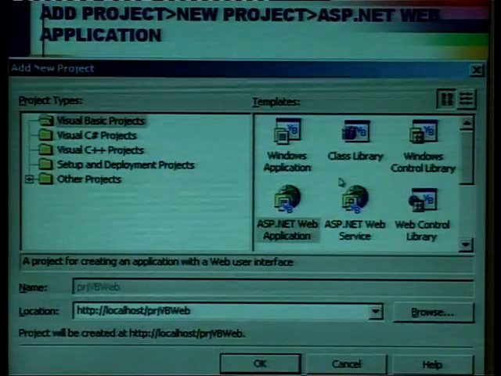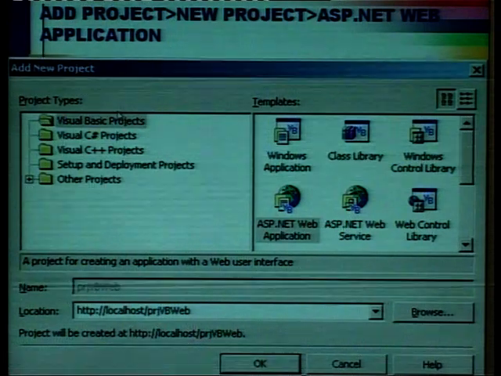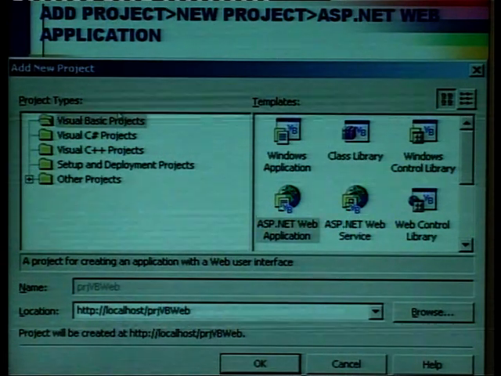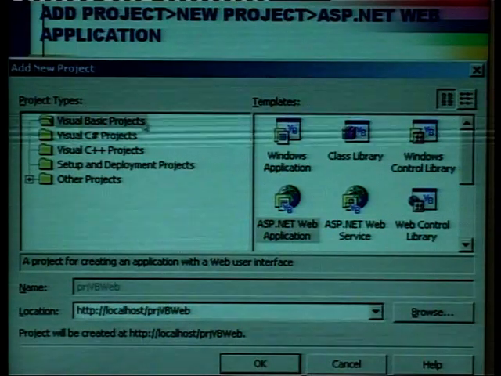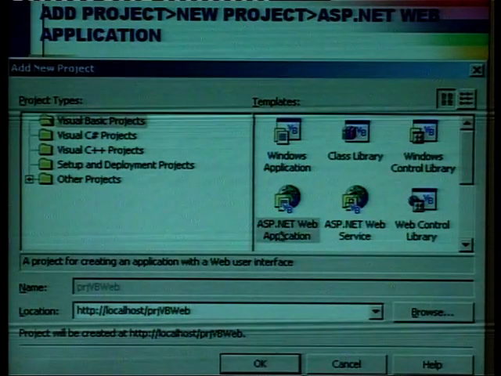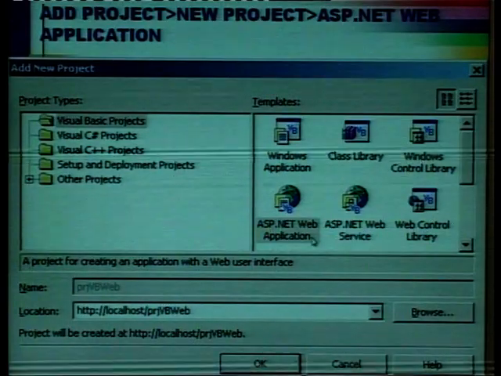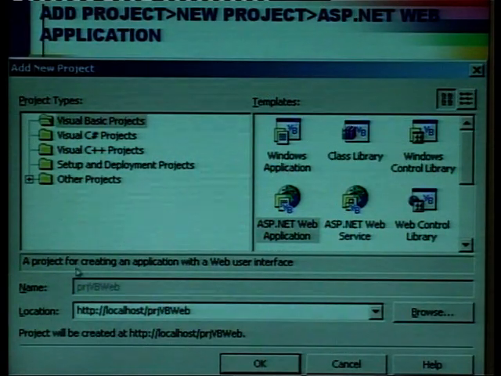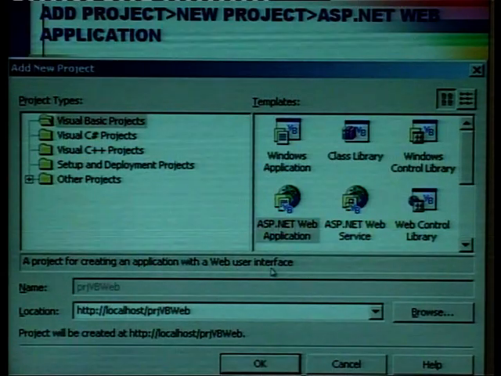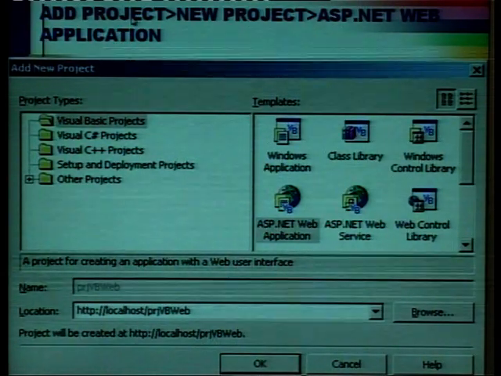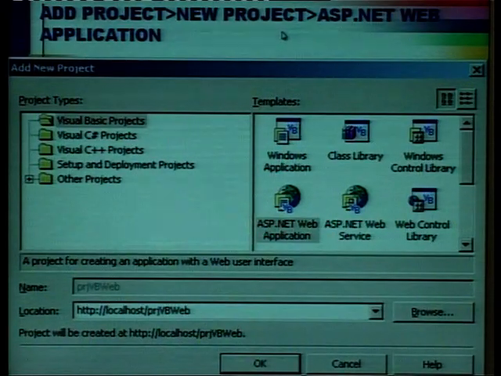Next is the adding of a project into the .NET application. You can add a new project, like it is a Visual Basic project. Click on ASP.NET Web Application, a project for creating an application with a web user interface. Go to the project menu, click on new project, then